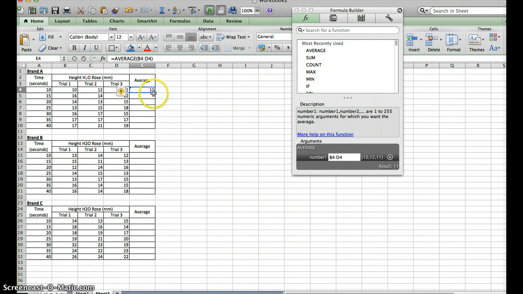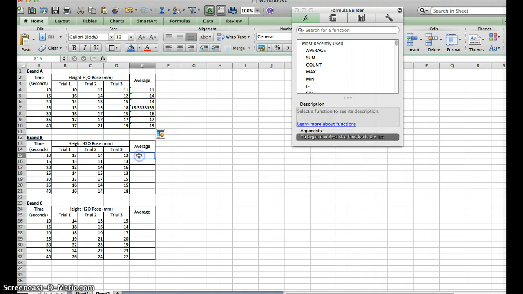So again, save some time. We put our cursor over the box and drag down, and there's all of our averages. So you do that again for each one,